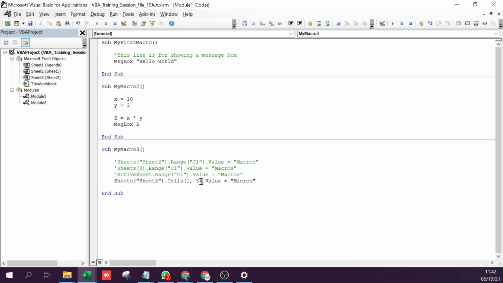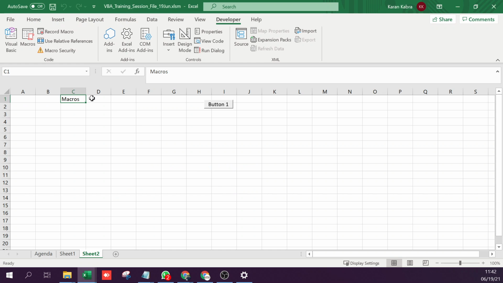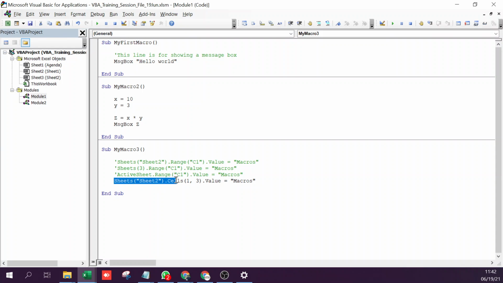Now why is this better than this? Because if you have to perform an operation on multiple columns, it's very difficult to increment it from C to D to E to F, right? There is no logic to increment letters, but there's a very simple logic to increment numbers. You just add 1 to it. That's the reason why now this is the most common way to reference an Excel object. Okay, we'll run this and check. I'll delete it. Click on the button. Here you go. So it's only run this line.